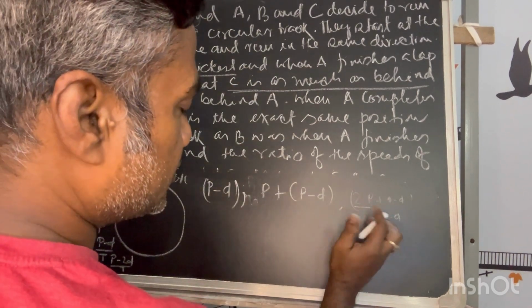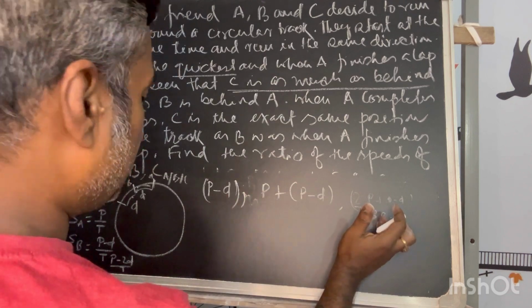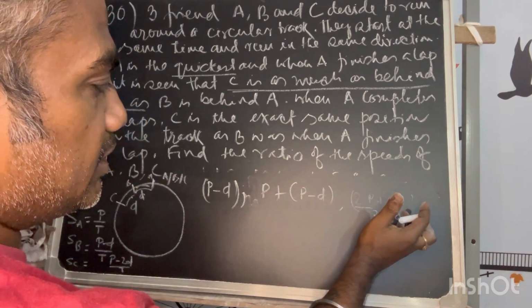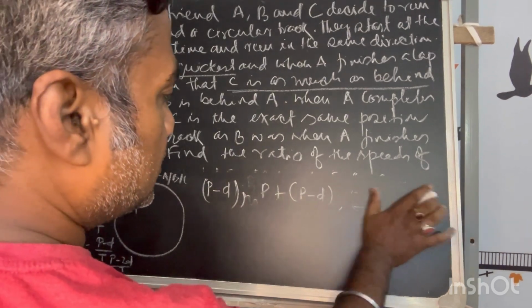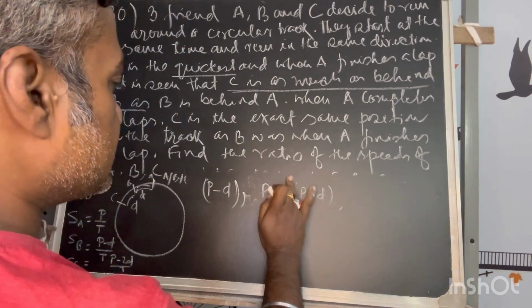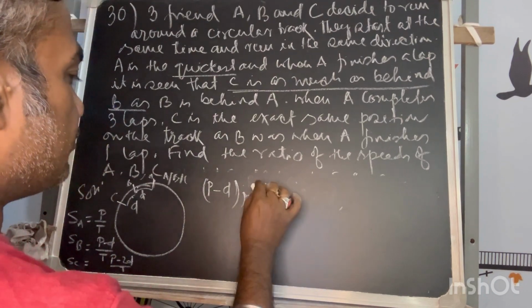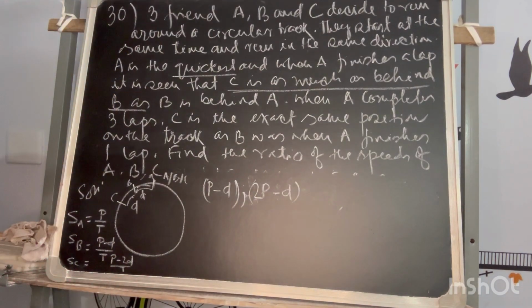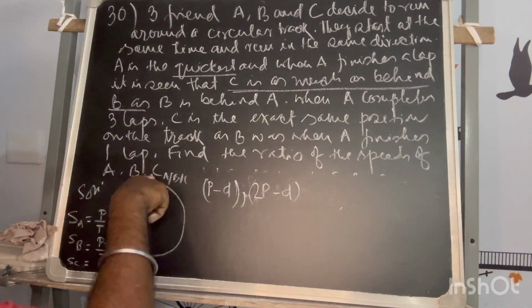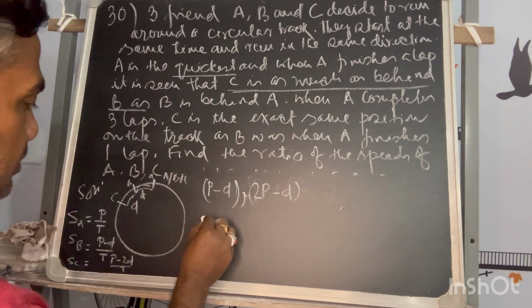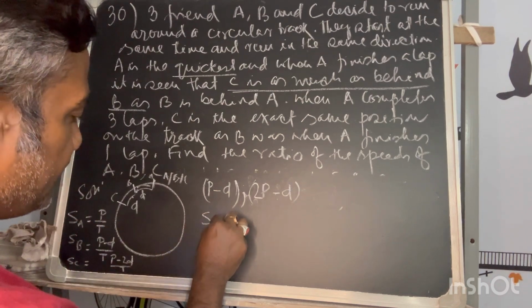So this is not possible, because when A is making 3 laps, he will be only D apart. It cannot be possible. So the only thing possible is this one, which can be represented in the form of 2P minus D. So this is the final position of B. But with this condition, for when A is making 3 laps,